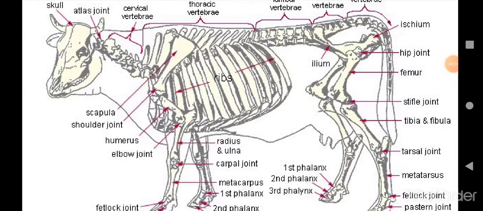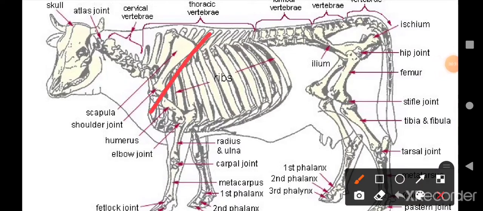In this video, we will discuss the scapula. The scapula is a flat bone which is roughly triangular in shape. The region in the body where the scapula is present is the shoulder region, and the direction of the scapula is downward and forward, and the location of the scapula is anterolateral.